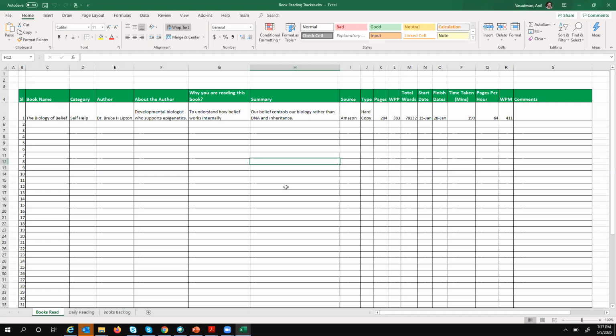Exactly. So basically, what you are saying is, if there are some words that you don't understand, just skip them and keep moving. Yeah. You don't have to worry about what the meaning of that is and whether it makes sense or not. That's what I'm telling you. 80% of the time, you will get the meaning of that word by reading the following paragraphs. And at the end of the chapter, if you are still not getting it, you can definitely go back and look.